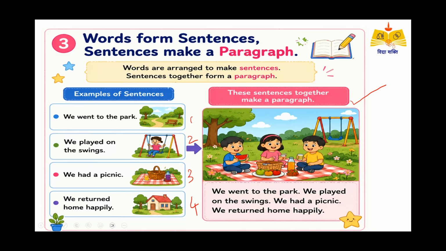Ela rayali mari paragraph. Student, ila 1, 2, 3, 4 order lo kaakunda, you write it one after the other. For example, we went to the park, we played on the swings, we had a picnic, we returned home happy. Chusara, you are writing a paragraph like this. In a paragraph rasetappudu, we are starting with an uppercase letter. After each sentence, you are putting a full stop. Ikkada sentence ni break cheyakunda, you are continuing to write. That is how we write a paragraph.